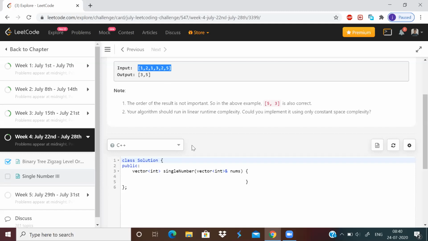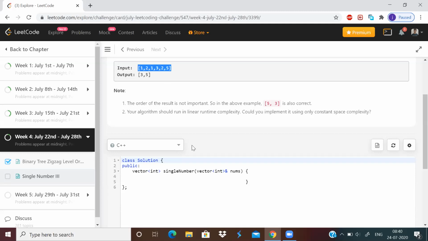If the count is one, we just need to return the element. So in that case, we can solve the question in order of n, linear time complexity. But we are using extra space here, right? Because we are using a hash map to store the element and the count of the element. We are storing key value pairs, so it is not using constant space complexity.